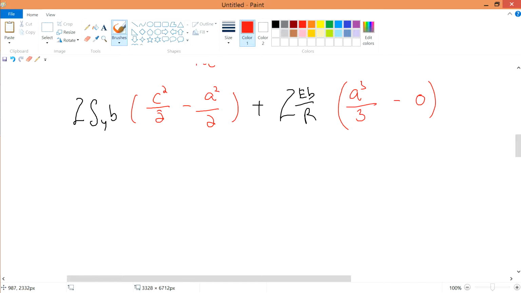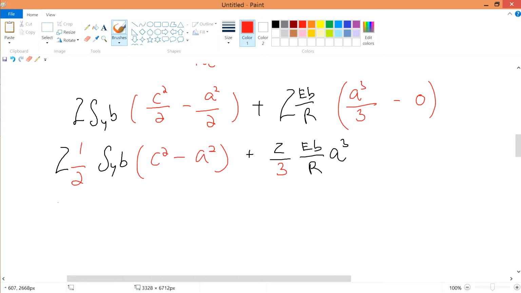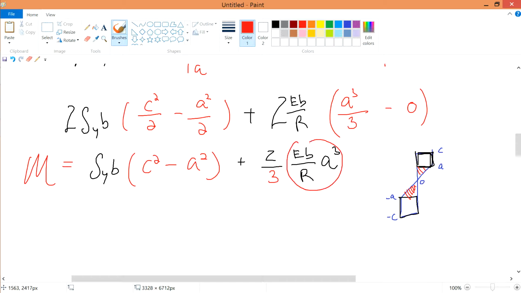Then I could factorize out this half over here and half over here. When you factorize out half, you can cancel with your 2 over here. Then I can also factorize my 3 towards this side, so I have 2 over 3. Therefore this is the moment over here. Further simplify this as EA over R, A squared B. So I'll just take out one of the A over here, so it becomes A squared, and the A